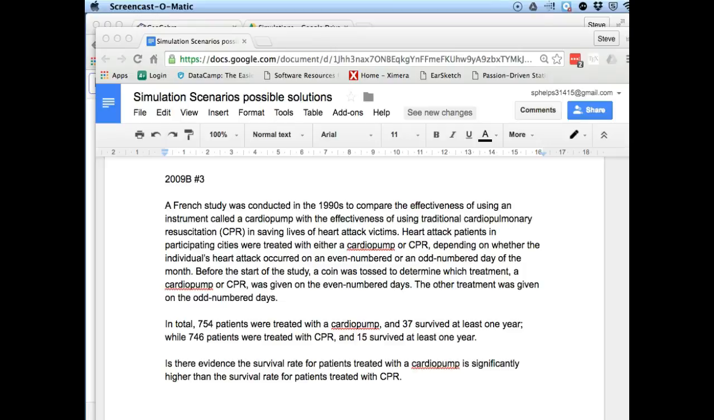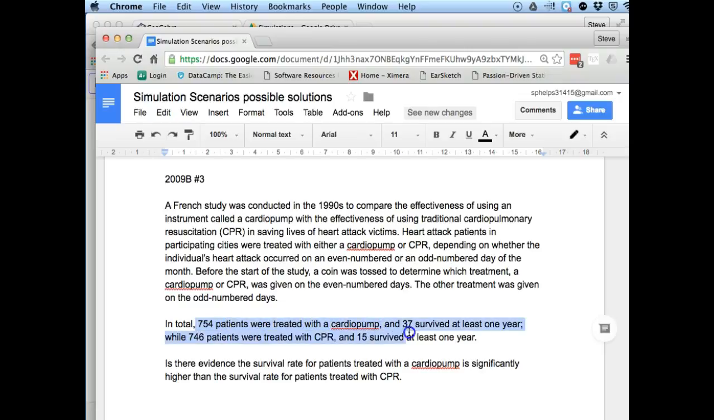Hey everyone, here's a short screencast that'll walk us through how to build a simulation for this situation from the AP exam 2009B number 3. So again, this is going to be challenging because there are two different groups. There are 754 people who are treated with a cardio pump. 37 of them survived. And there are 746 patients who were treated with CPR, and 15 of them actually survived,